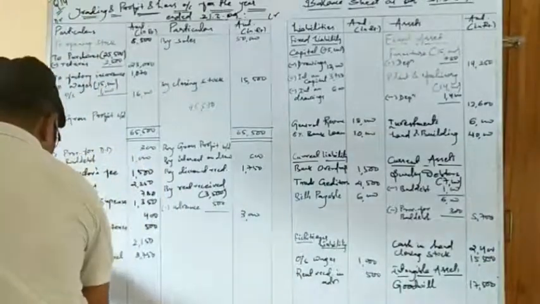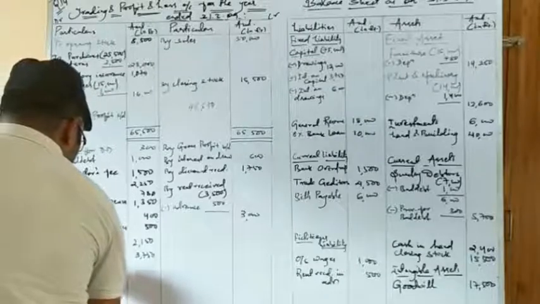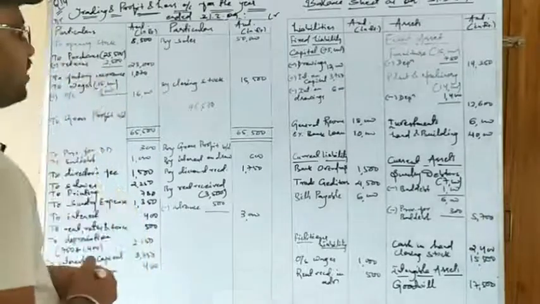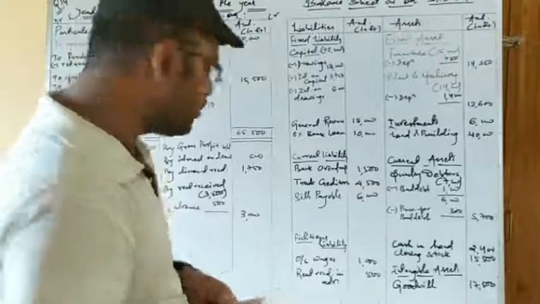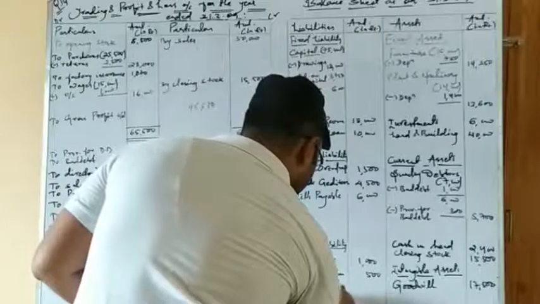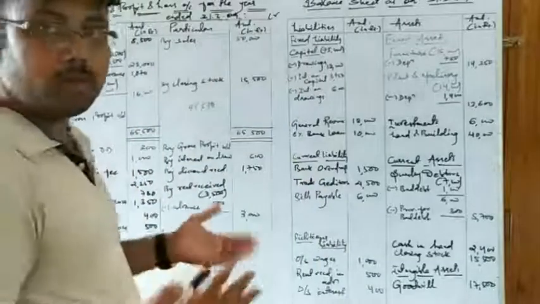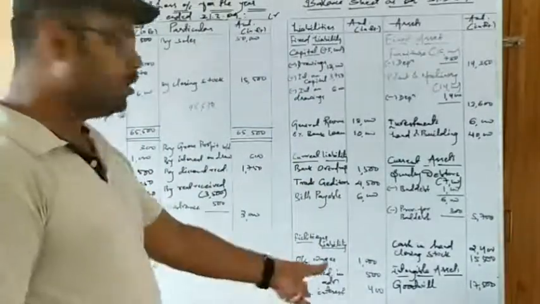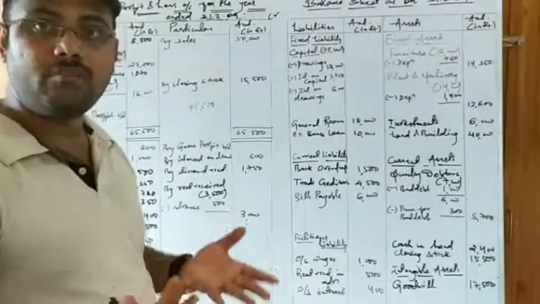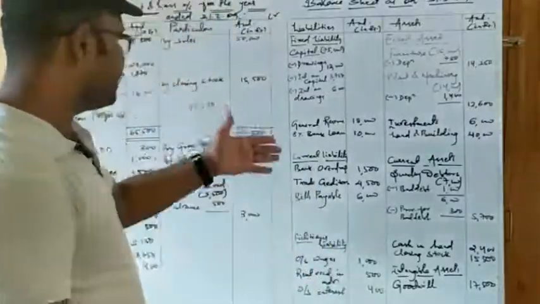So we will write here again outstanding interest. Outstanding interest on loan, that is 400. It is an expense but not yet paid, so it is a liability, and it will be written here as outstanding interest, that is 400. Okay, so we had already committed another mistake. Now it is solved. It is a hidden adjustment, as I told you. Investments and bank loans are always given as hidden adjustments. You have to see the questions properly. So this hidden adjustment is solved.